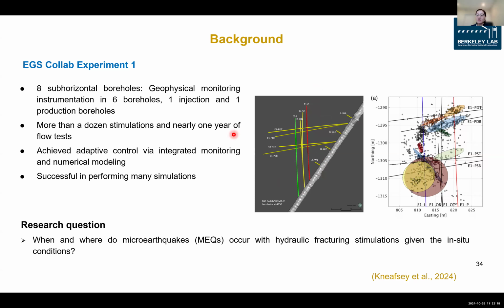They use different ambient temperatures and also chilled water that imitate a real geothermal reservoir. They also have tracer tests to test different components of the system. So this experiment 1 is truly successful because they achieved adaptive control through integrated monitoring, modeling, and interpretation of the data. And on the modeling part, they have been successful in performing many simulations that were used for helping design and forecasting the future and the current. I mean, now is the past, but at that time was the future